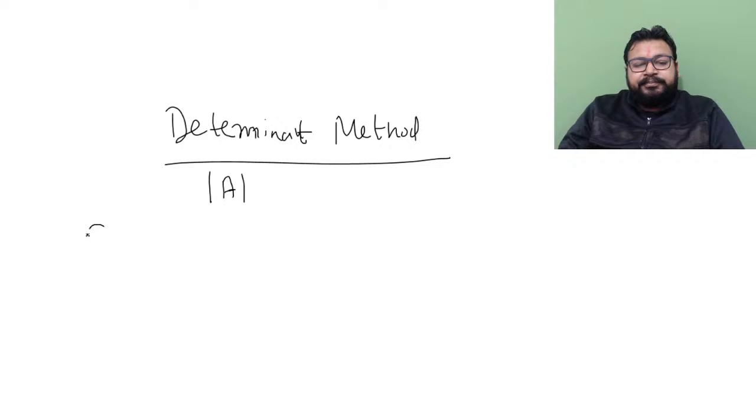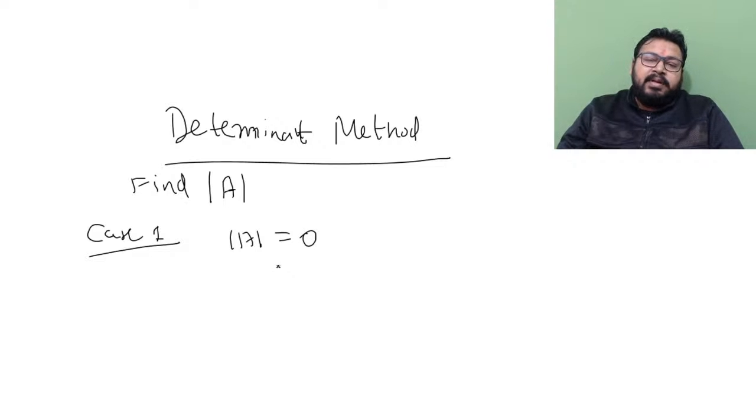Case 1, if the determinant of matrix A is 0, अगर ये 0 आ जाता है, ओके, तो कुछ और केस होगा, इसके बारे में बाद में पढ़ेंगे. या फिर ऐसा कर लेते हैं, इसको पहले नॉन जीरो मान लेते हैं, फिर दूसरे केस को आराम से पढ़ते हैं. So let's say the determinant of the matrix A is non-zero.